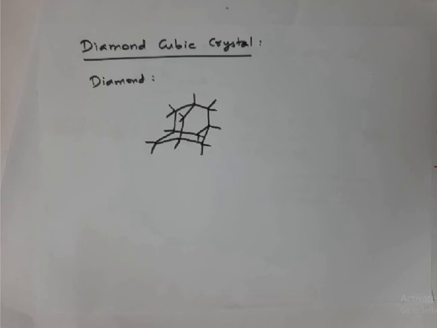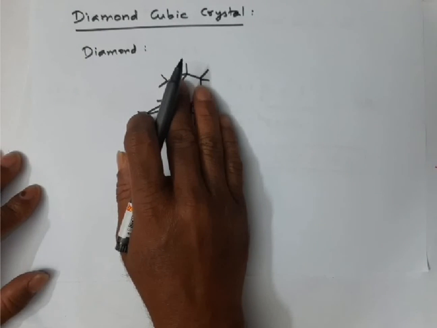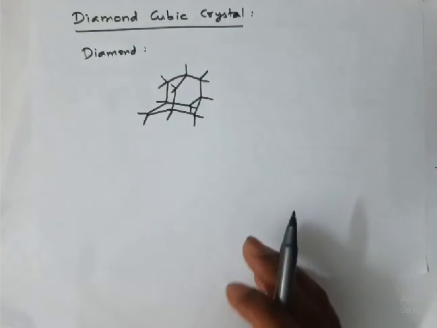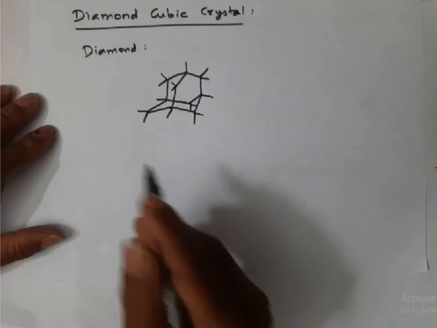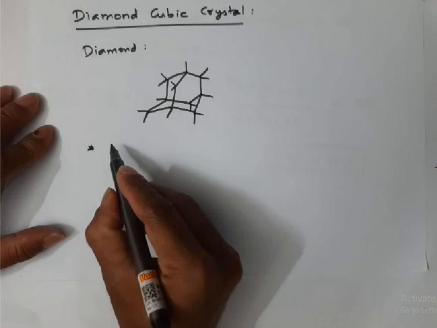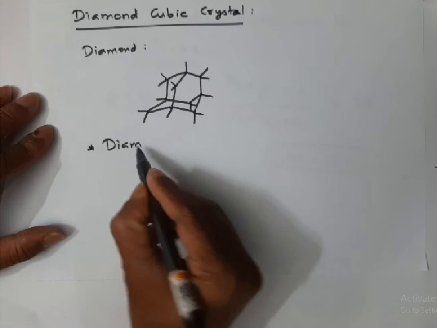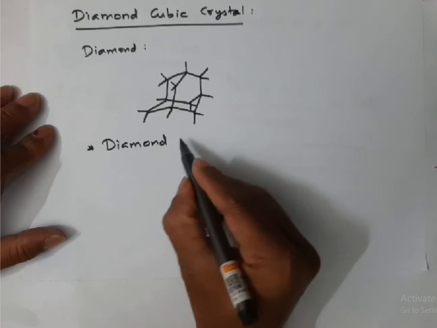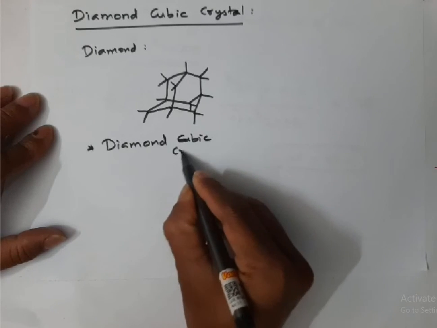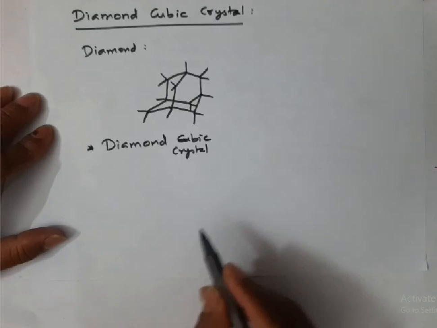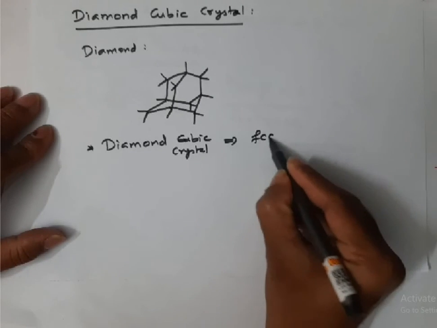Adamantines are very rigid molecules. That's why diamond is very hard. I told you already. But how does diamond exist in the crystal lattice? Diamond actually forms FCC unit cell. Diamond crystal or diamond cubic crystal is a cubic crystal basically. Diamond is a cubic crystal which consists of FCC unit cell,